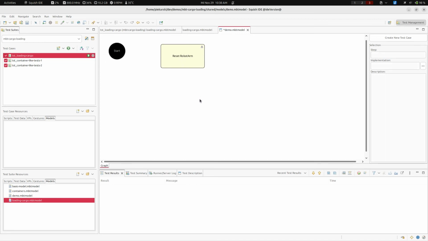And maybe you will wonder why this is highlighted with a rectangle. It just warns you that the step you created is not yet connected. So let's just do that. Okay, it's connected, so we have a clean reset position where we can start.